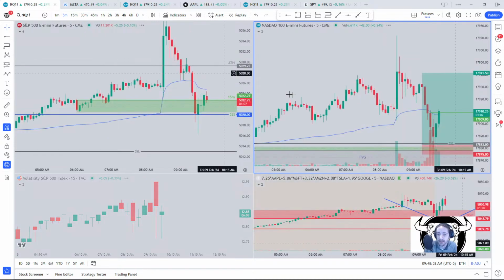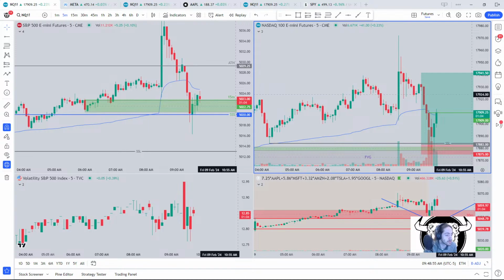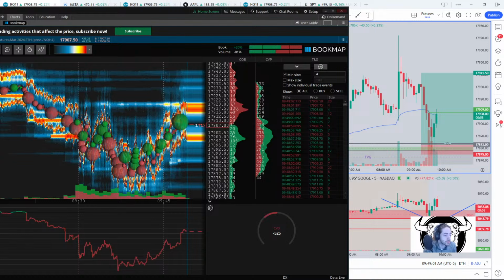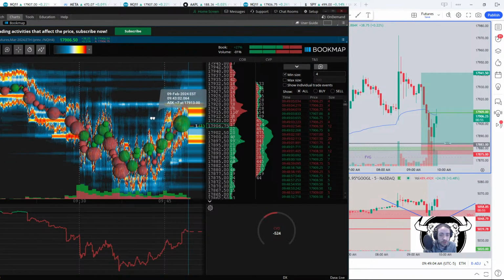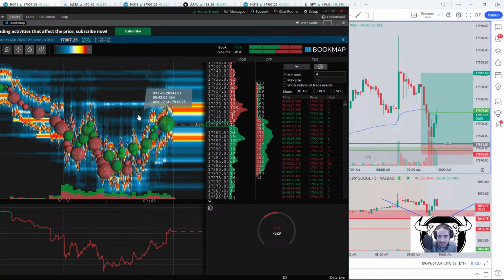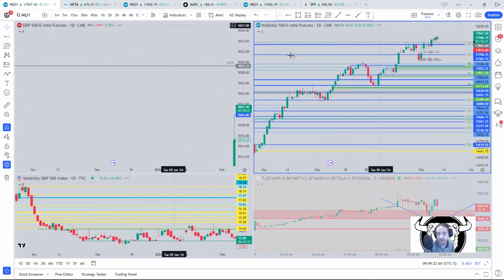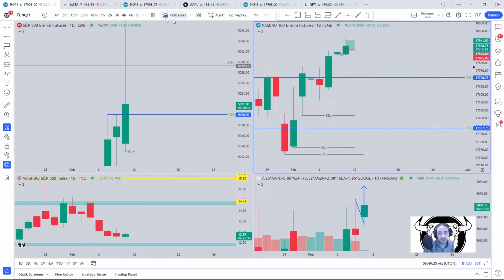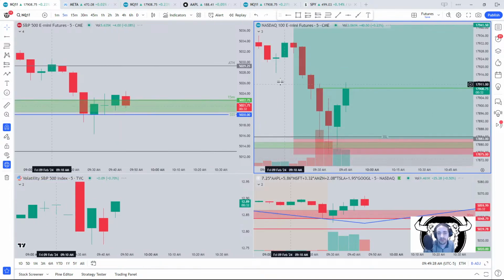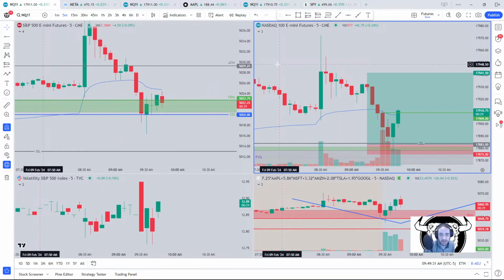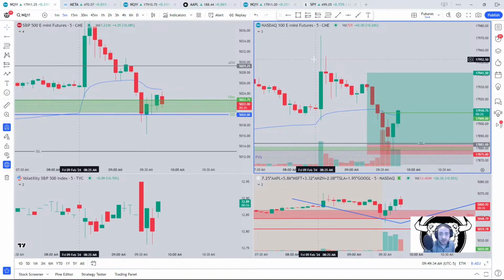Weighted indices are pulling back. Sort of makes me want to scale out right here. But I'm going to just wait because that's super clean. We're rejecting this 5-minute fair value gap again. That would have been a good place for a TP1. But again, I do think bulls want to continue here, and I do want to let a winner run. Let's look at the daily real quick. Yeah, we're not going short here. We're not exiting here either. We're going to go all the way up.